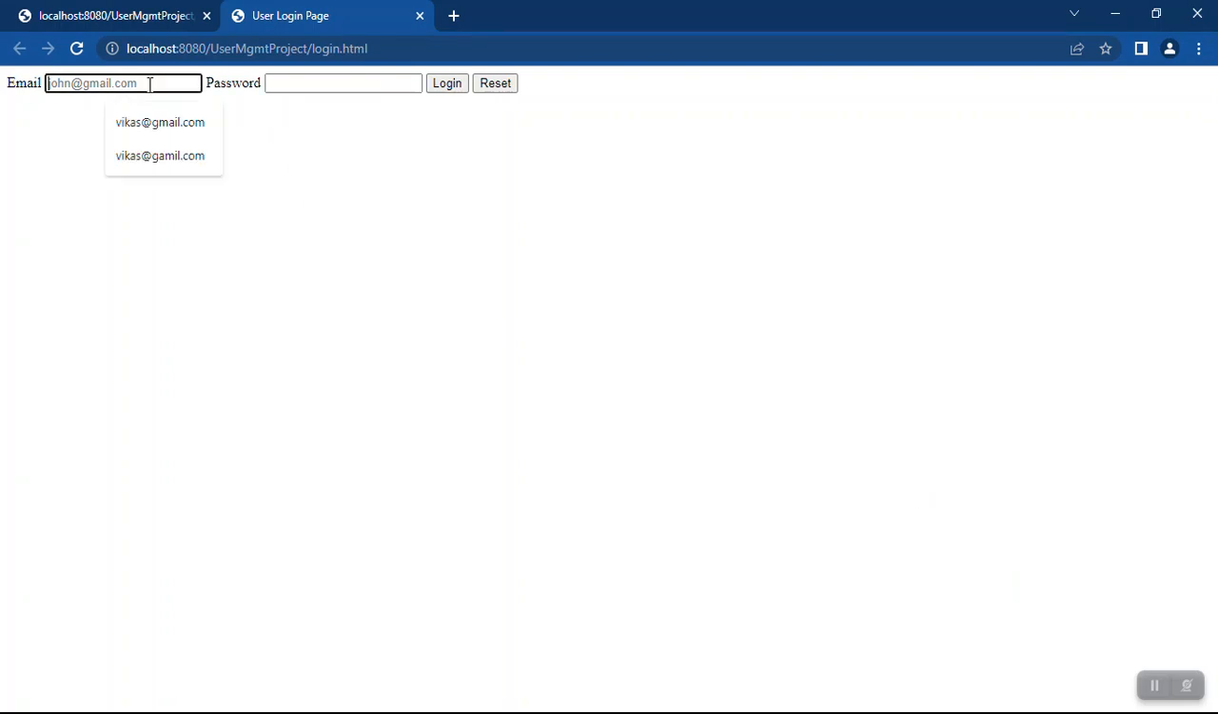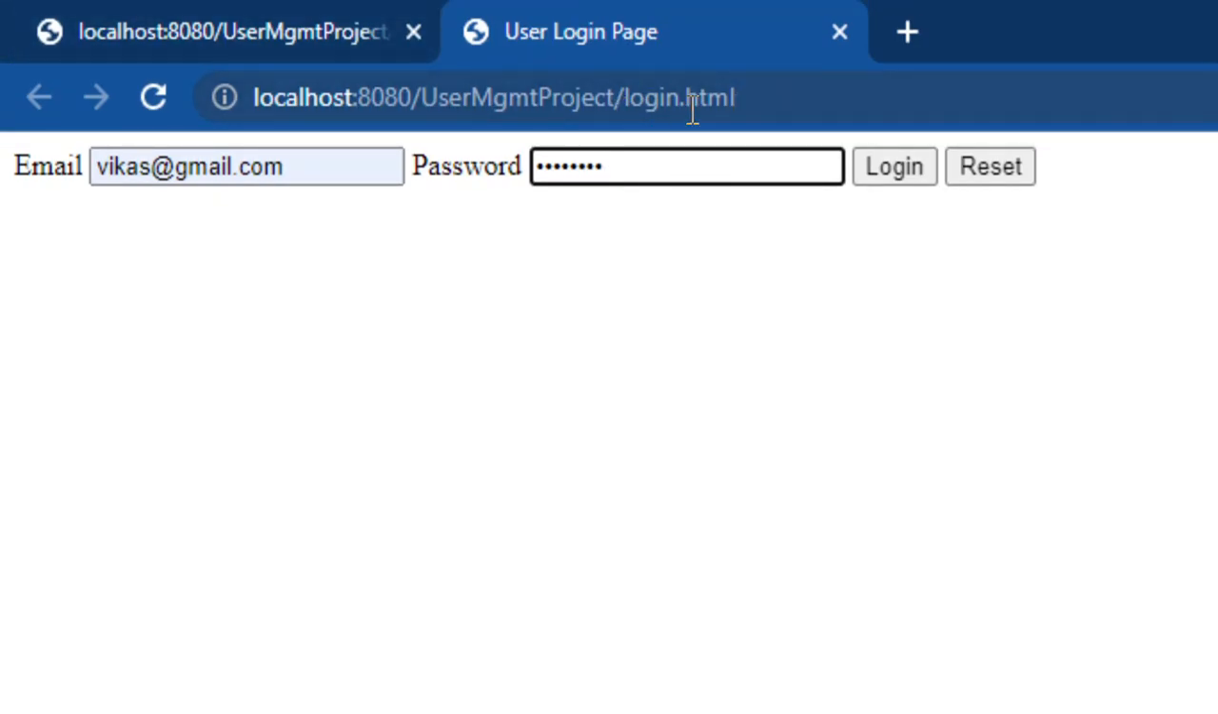Okay, so I'm entering the correct details. I want you to observe the URL. Let me zoom in for your reference. Okay, I want you to observe the URL. I have entered the correct credentials. I'm clicking on the login button,